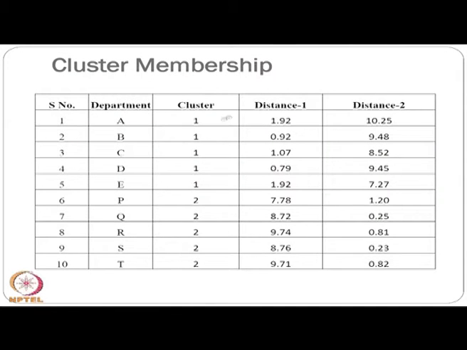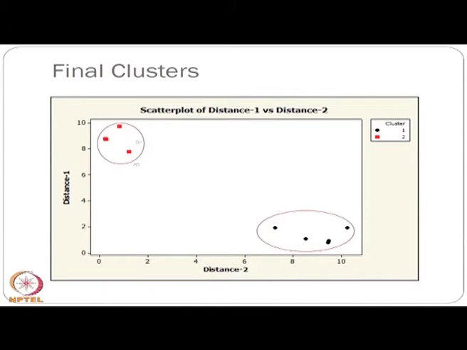Then I am showing here the cluster membership: A, B, C, D, E in cluster 1, P, Q, R, S, T in cluster 2. While generating the data, we generated it from 2 clusters, and we are now finding them out, which is why A, B, C, D, E and P, Q, R, S, T are named in 2 different ways. Ultimately the distance is coming, and you have got 2 clusters with distances like this. This is the final cluster combination, here 5, here 5. These overlap, so that is why you are not able to see.